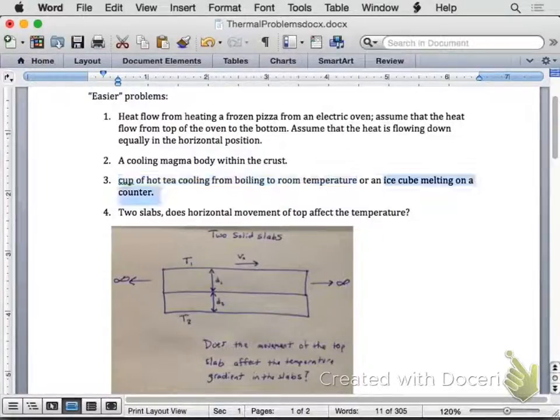Ice cube melting on the counter, you could make that one more complicated if you wanted to, with phase changes and all sorts of fun things. But that's a start. The cooling magma body within the crust, the one variation on this that could make it a little different than the others,